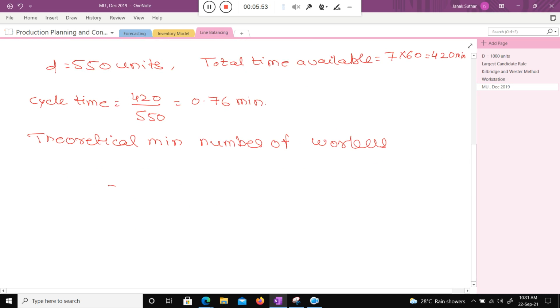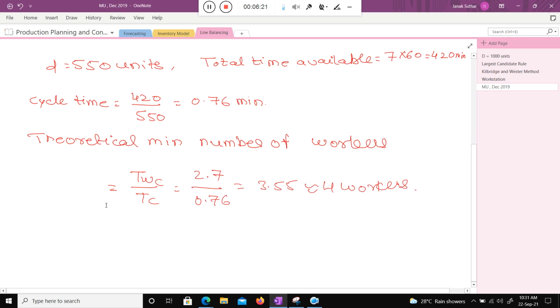You know the total work element time, TWC, and TC is the cycle time. The work actually needed is 2.7 and TC is 0.76. If you divide like that, you will get approximately 3.55, which is 4 workers. This is the way to calculate the workers actually required.